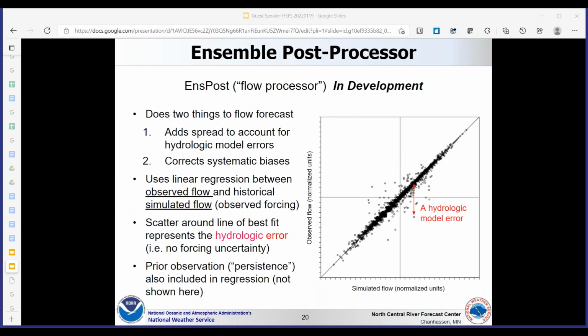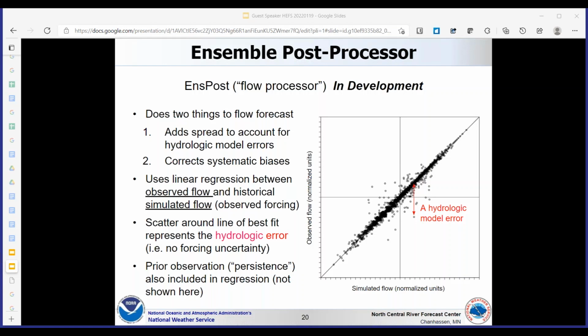So the goal of the Ensemble post-processor, or ONS post, is to quantify the uncertainties contributed by the hydrologic modeling, increasing the spread in the raw streamflow forecast, and to correct for any biases in the hydrologic models. By combining the forcing and hydrologic uncertainty, the HEFS produces a streamflow forecast that captures both sources of uncertainty. As indicated above, the ONS post models the hydrologic uncertainty independently of any forcing uncertainty.